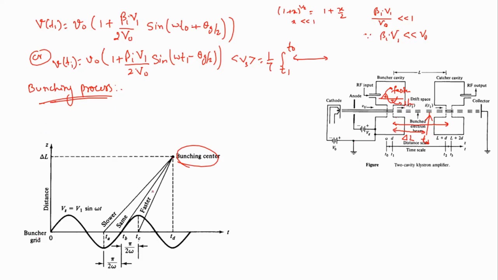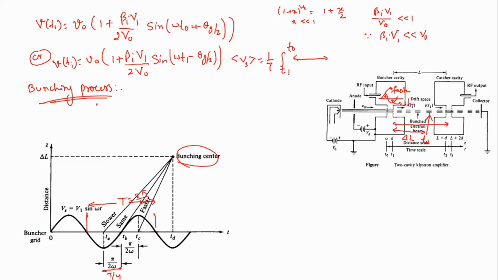So now we will try to find this delta L value and relate it for all these slower, faster and unchanged velocity electrons, by taking this timeline into consideration. Here we can see the total time period for this one cycle is T, and we know T is equal to 2 pi by omega. So this distance is nothing but a quarter of T, that is T by 4. If T is equal to 2 pi by omega, then T by 4 will be pi by 2 omega. Similarly this is also, because this is the peak value.